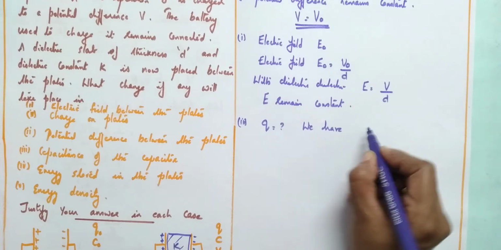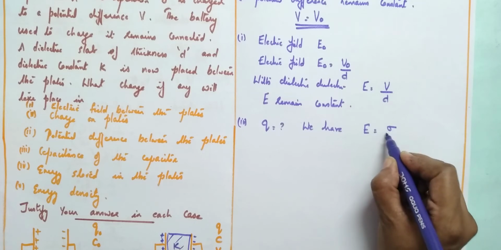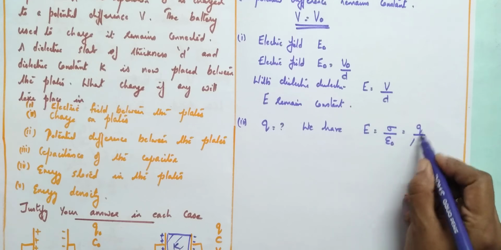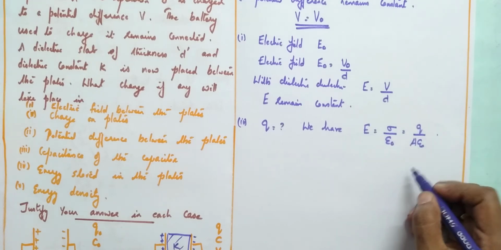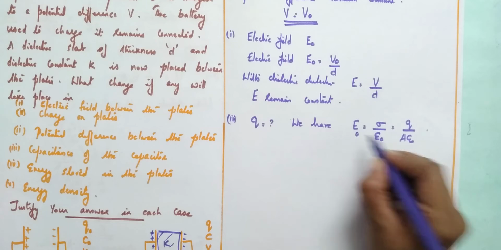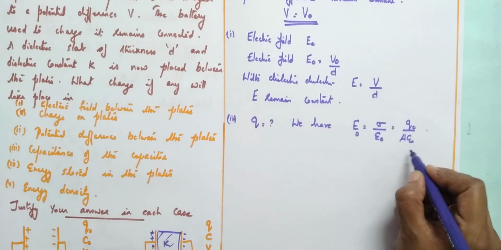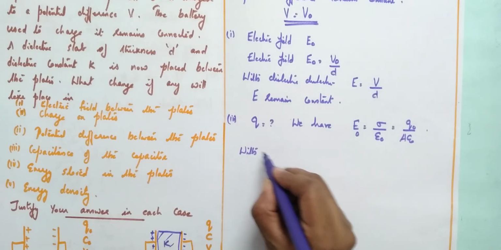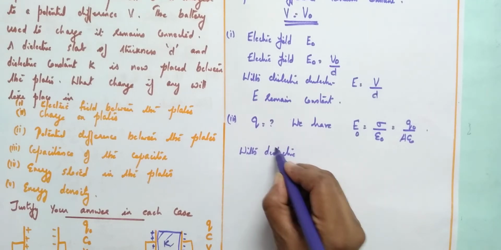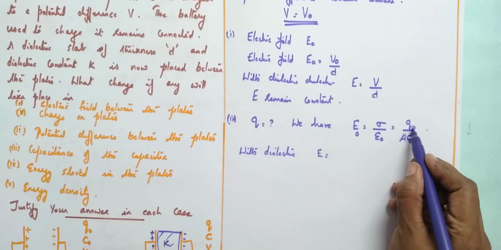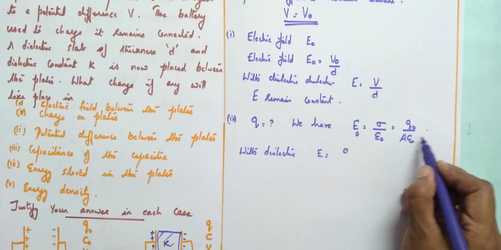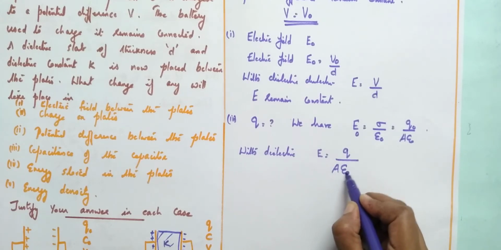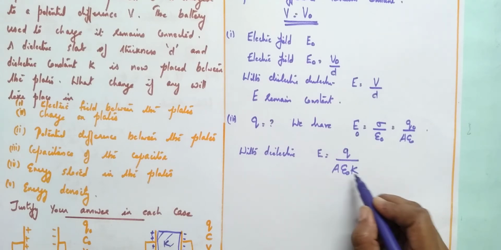So, we have electric field is given by sigma divided by epsilon 0, no? Or charge divided by sigma is Q by A, epsilon 0. That is with air. So E0 equal to Q0 divided by A epsilon 0 with air. With the dielectric, what happens to electric field? Electric field becomes Q, the charge changes to Q divided by A epsilon 0 into which term is introduced? Dielectric constant is introduced there.